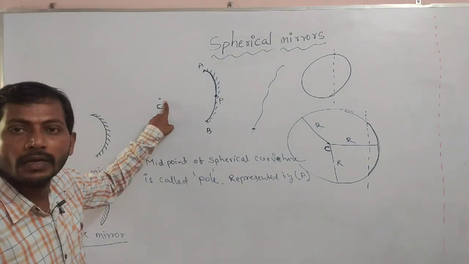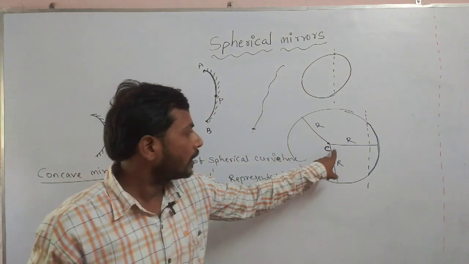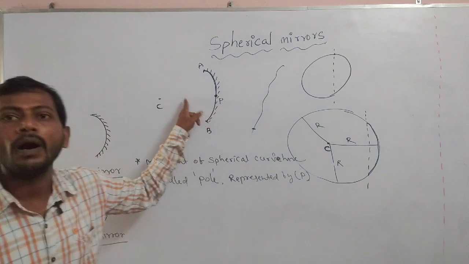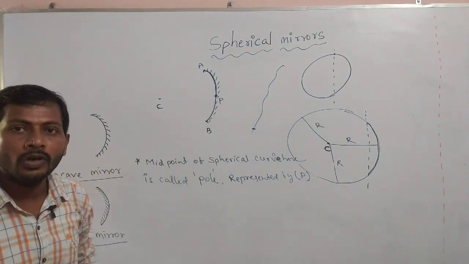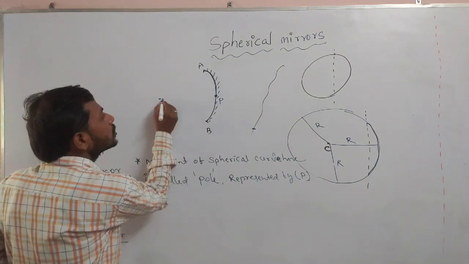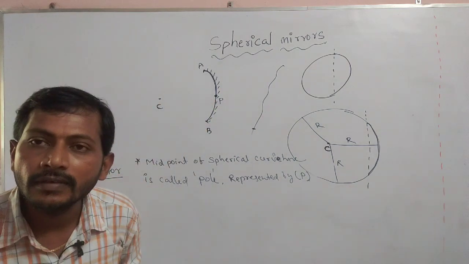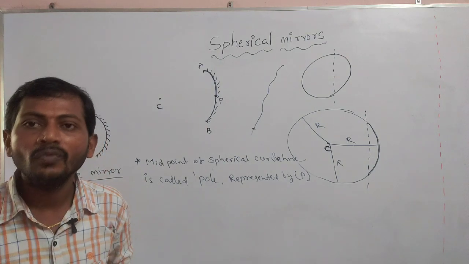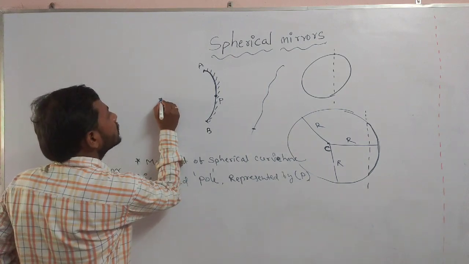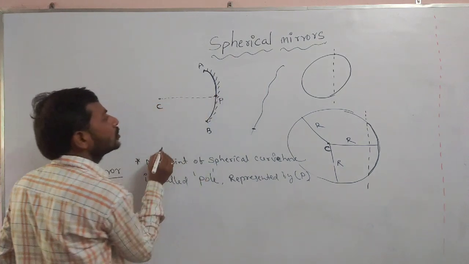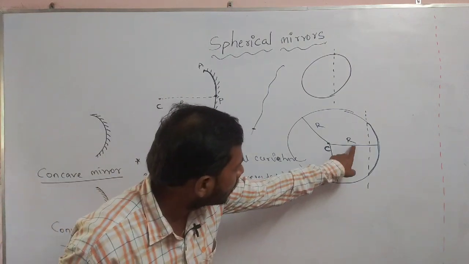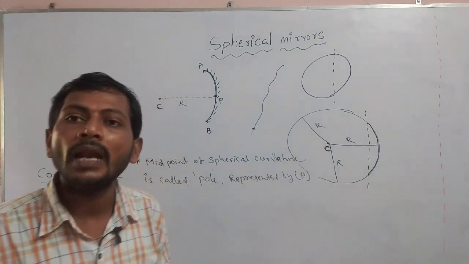What is meant by C, Nana? Center of curvature. Center of curvature means the center of the sphere from where we have taken this part. Is that clear? Then I am going to ask you a question. From C to A, from C to B, from C to P, the distance is the same. Why? It is the radius. Okay, then this distance C to P, if you join it, I am giving it the name capital R. What is meant by capital R, Nana?